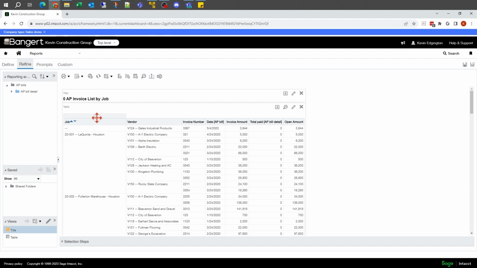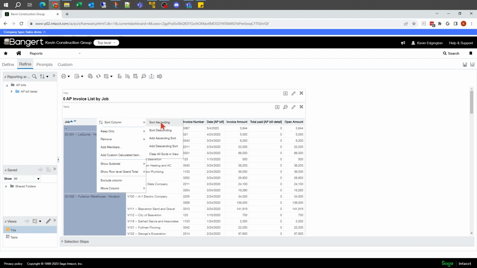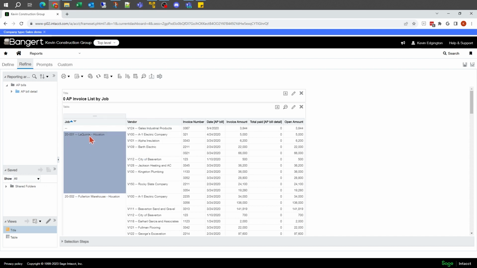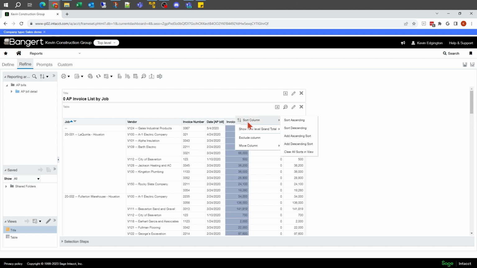Now, when you first click on here and you say sort ascending, that basically wipes out any other sorts and says that's going to be the primary first sort. If I'm adding a sort, I need to use these add ascending or descending sorts to the mix. So in my case, I want to say, okay, here's my job, and maybe I want, let's say, invoice amount to be another sort, descending.